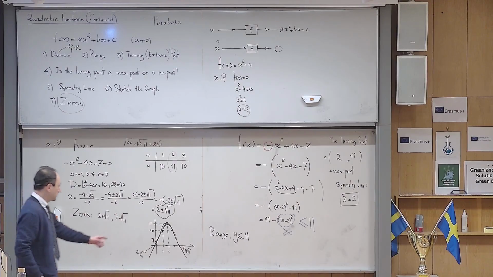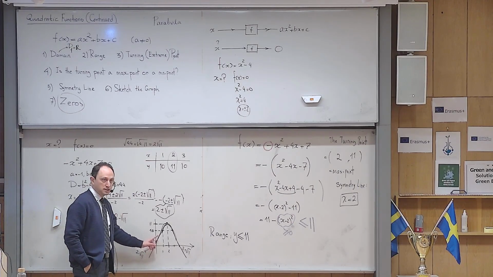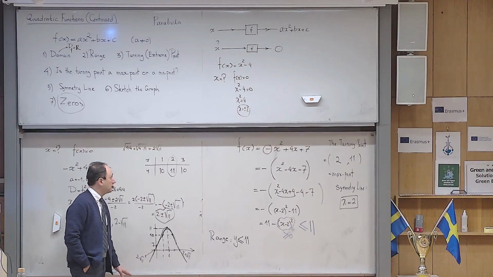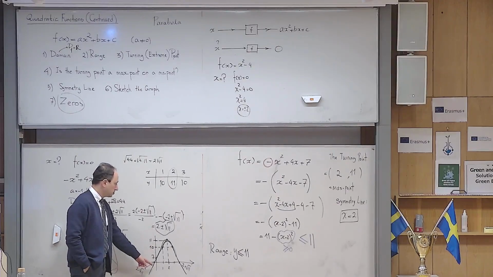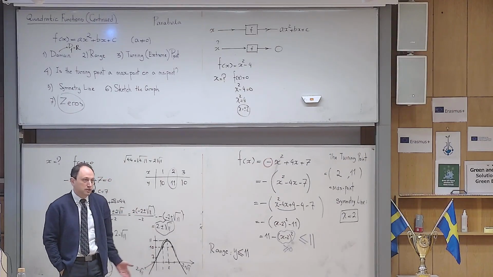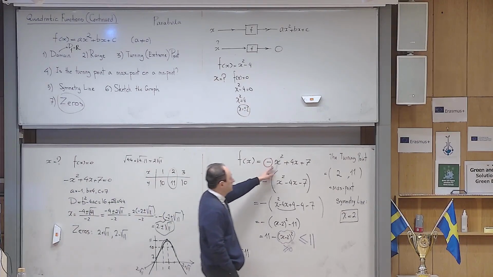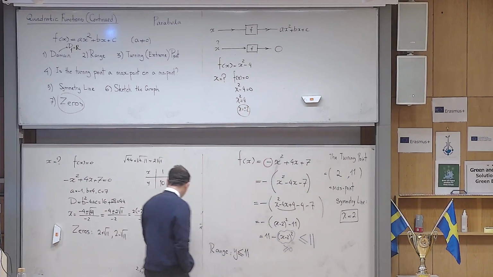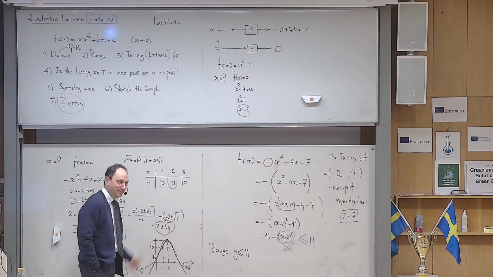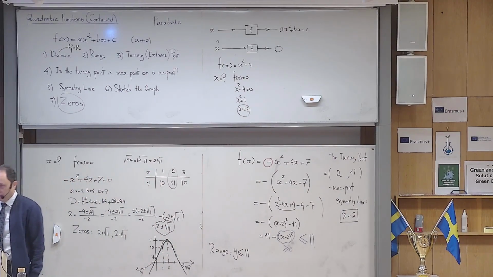So here you see, I told you this is 7. It is always possible. It's very simple to calculate the intersection with the y-axis. Why? Because if I want to find the intersection with the y-axis, I just put x equal to 0. Whatever I get, that is that number. So when I put 0 here, I get 7. So that should be 7, even though the picture was not anticipating this, and that is because my picture was